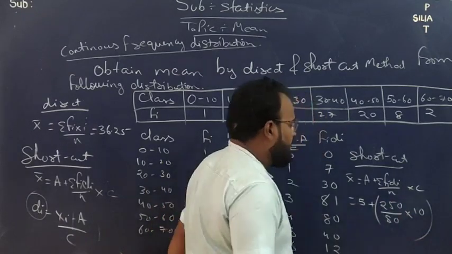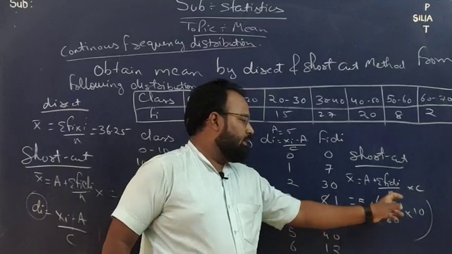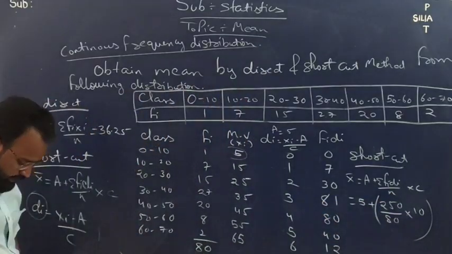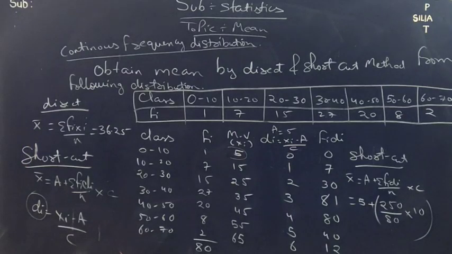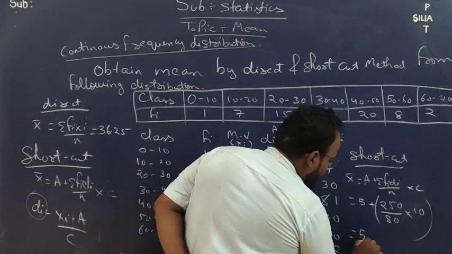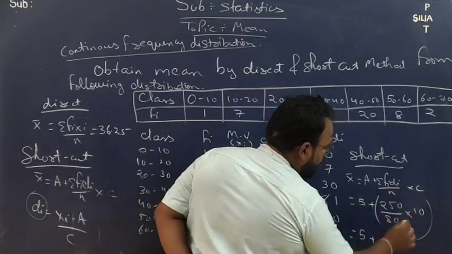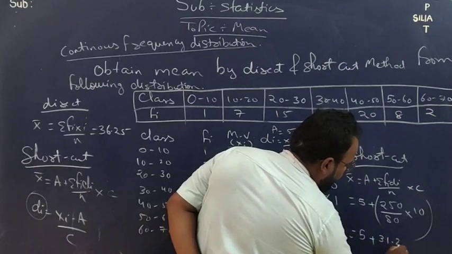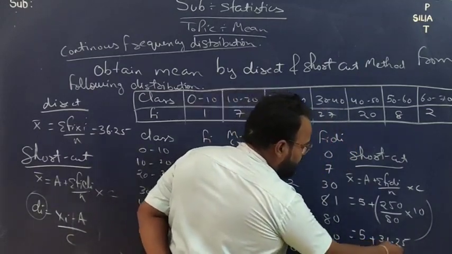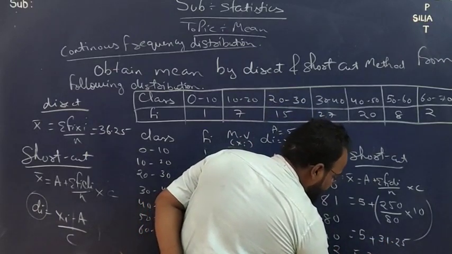So students, first of all we have to find the value of this. 250 multiplied by 10 is 2500, divided by 80, that is 31.25. So let us total 5 plus 31.25, that is